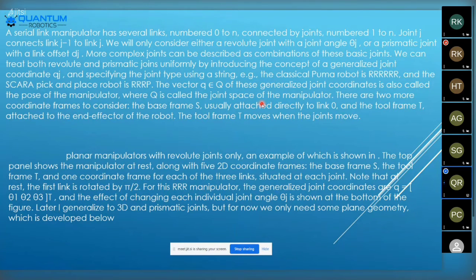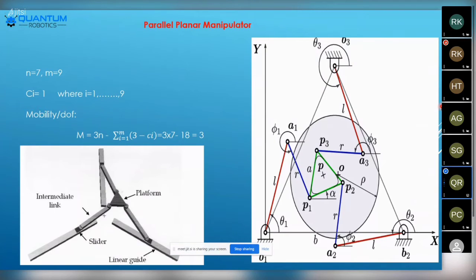In that particular different type of links, we have different types of joints. Those joints are going to be activated from point 1 to point infinity. And here we have different types of representations also, the coordinate representation. According to the coordinate representation, the angle rotations, according to our deviation of an angle, it is going to work. Here you can see a parallel planar manipulator.